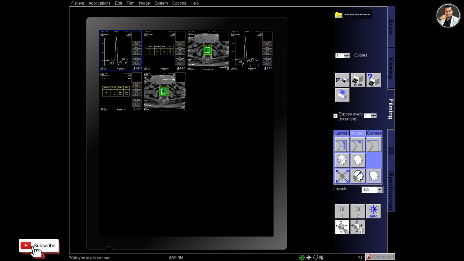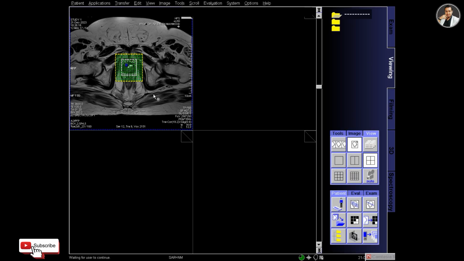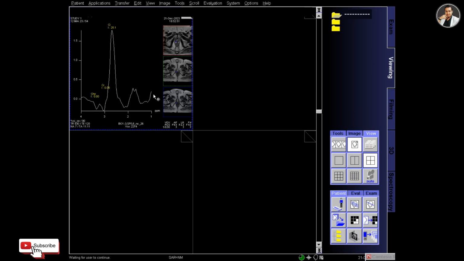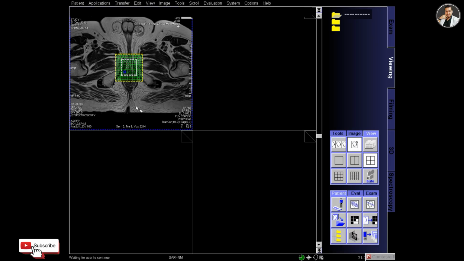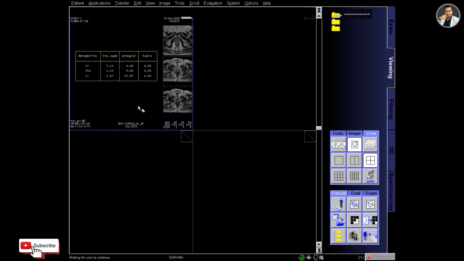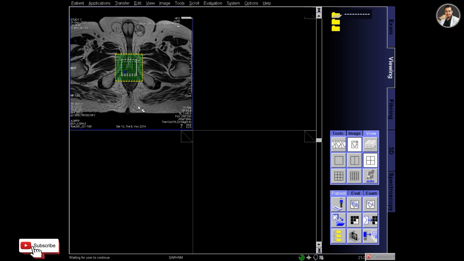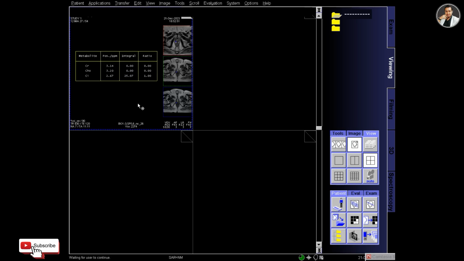So I am selecting the MRS images and sending to the filming. For each pixel, there is one graph and one table.